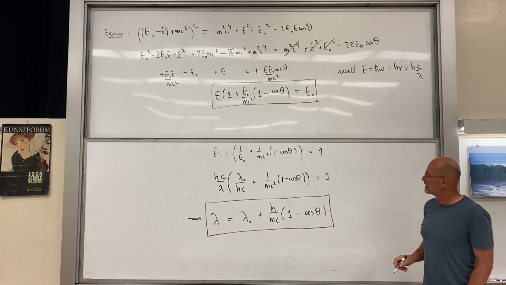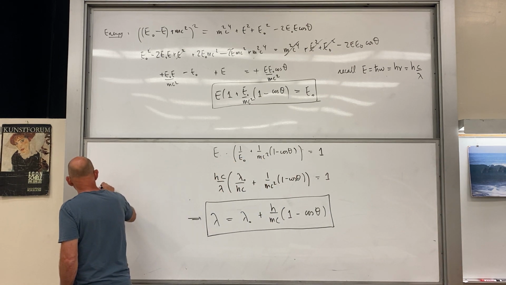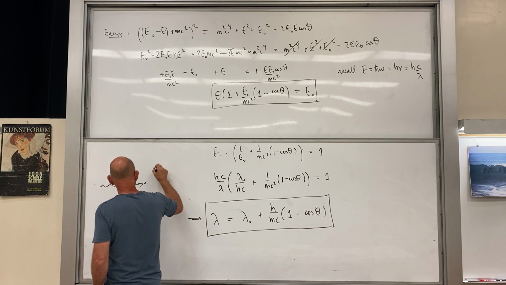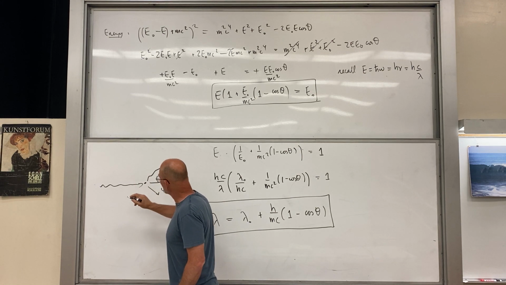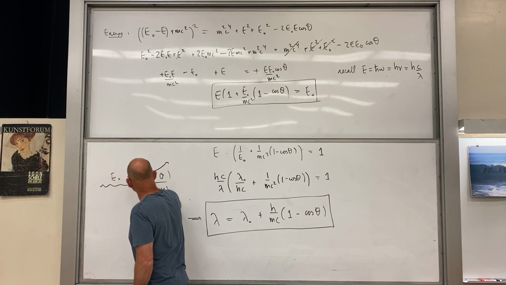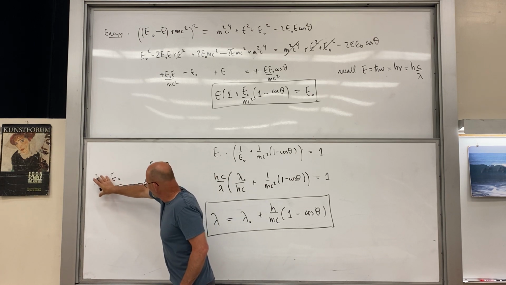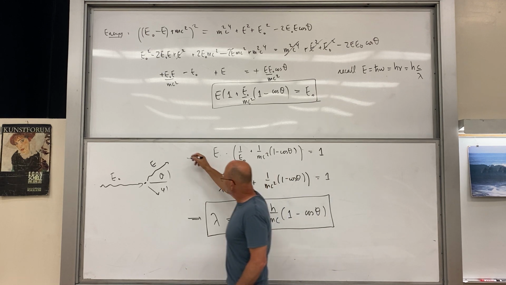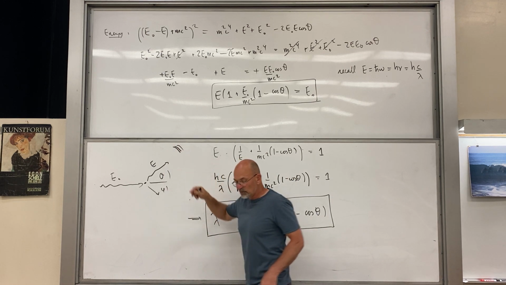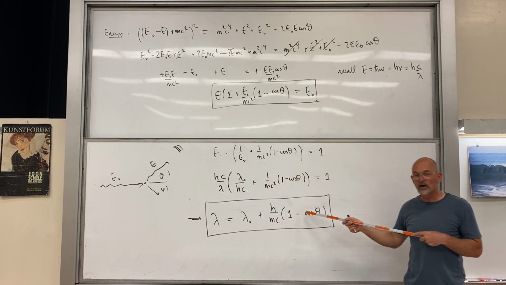And I'll just put this little picture up here again, and we're coming in this point here, and we are scattering at an angle theta, right? That phi isn't even playing a role anymore. So E0 and E in terms of lambda. So now what you have to realize, you're coming in with a certain wavelength, say fixed wavelength, and your detector is up here. And as you swing that detector around, you get this very pronounced and characteristic